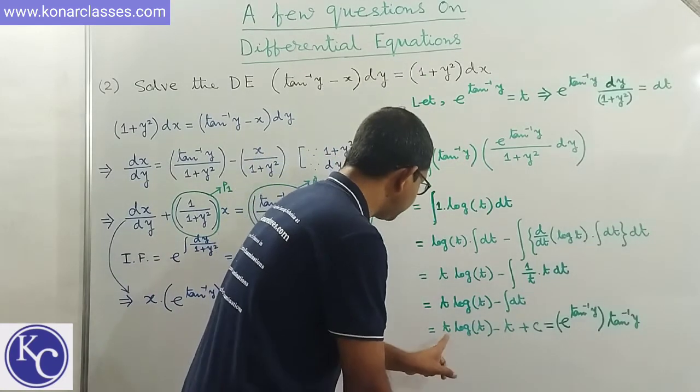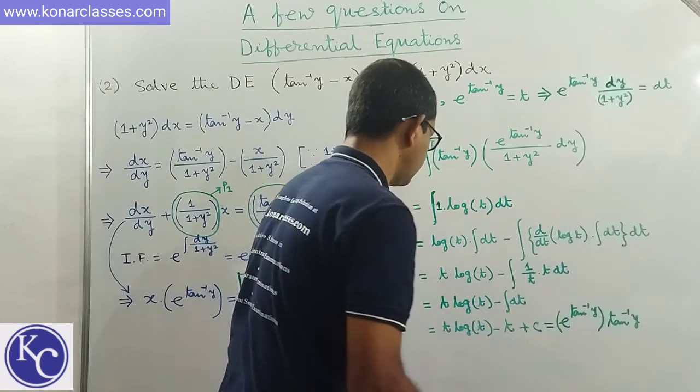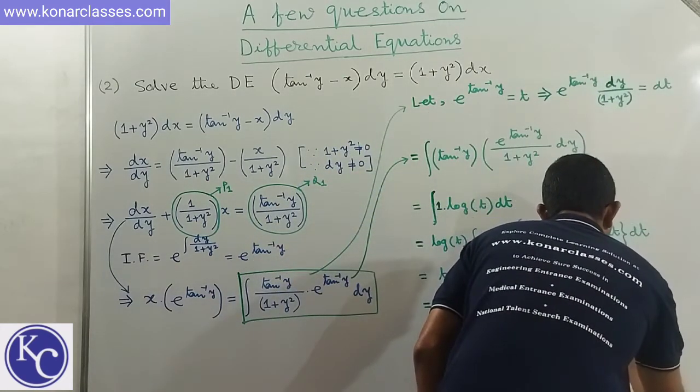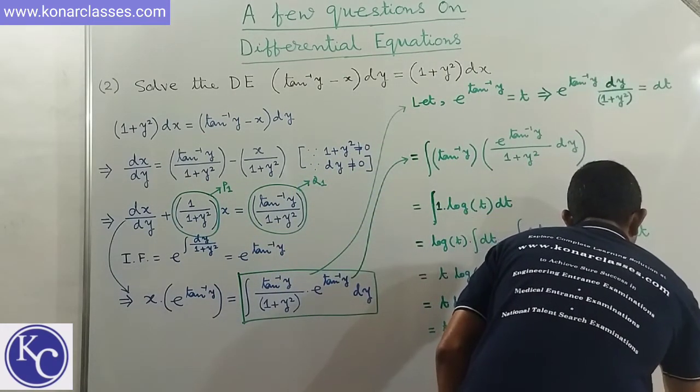Now we can take e power tan inverse y common, then we get tan inverse y minus 1